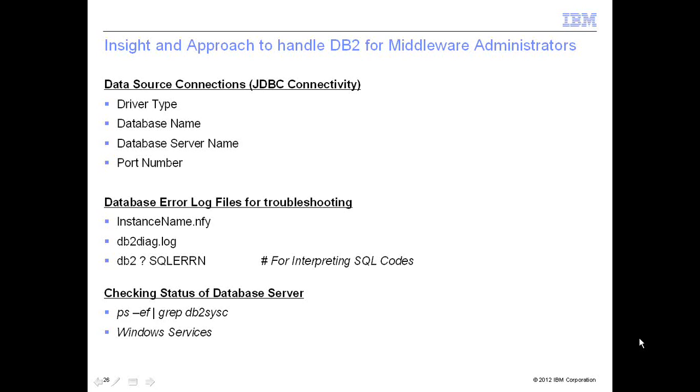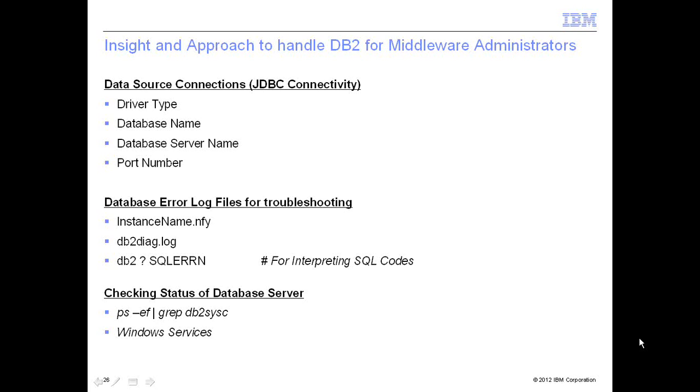It can be controlled. And the simplest thing is, we have seen a lot of errors coming in. Say a WebSphere admin or maybe a WebLogic administrator is running an application and he finds an SQL error that is coming to him, which is a DB2 SQL error. The best thing that you can do is just run db2 question mark, followed by the SQL error, and it will give you an output of the documentation of the error. It will tell you what the problem is, how to solve it, and some of the steps to solve the problem. About 70-75% of the time this helps. Of course, if not, you can always go to the information center and check for further information before you actually start Googling for the error.